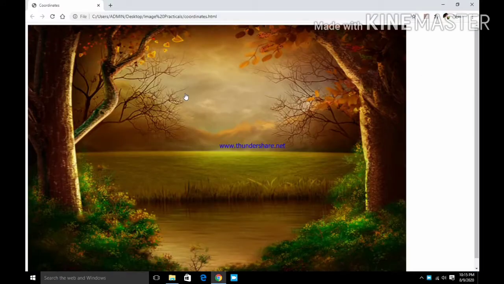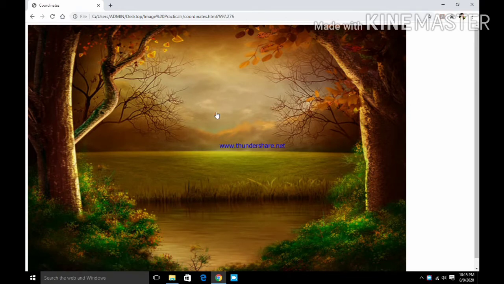I'll open the file. You can see a hand mark on the entire image. Now we will click on a particular point to get its x and y axis numbers. Right, for example, here I want to create a circle, so I'm clicking over here.